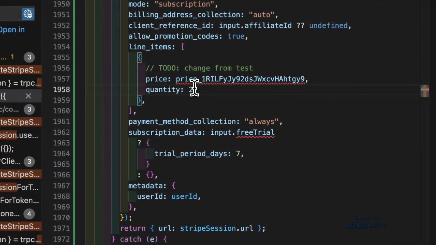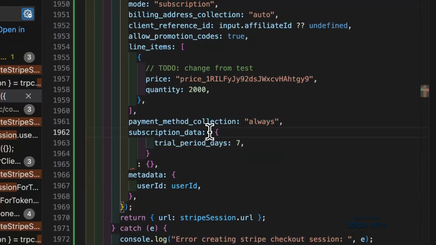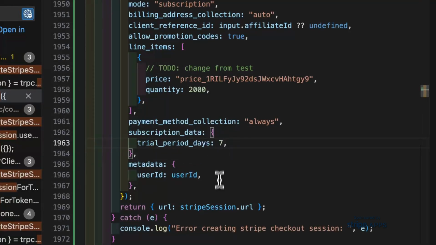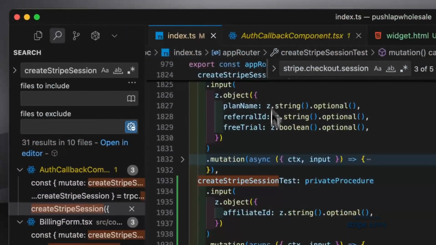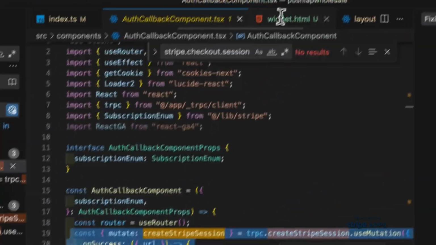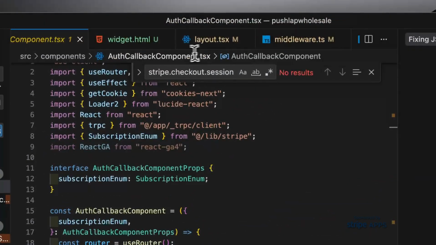And then the quantity will put 2000. This needs to be a string. And so for the trial period, we'll put 7 days, right? So we'll put 7 days in that. And then we will just copy this into our